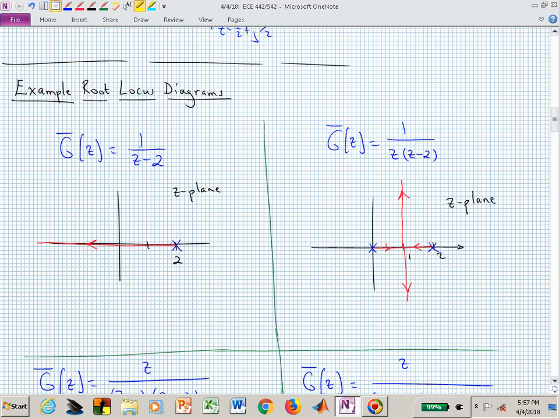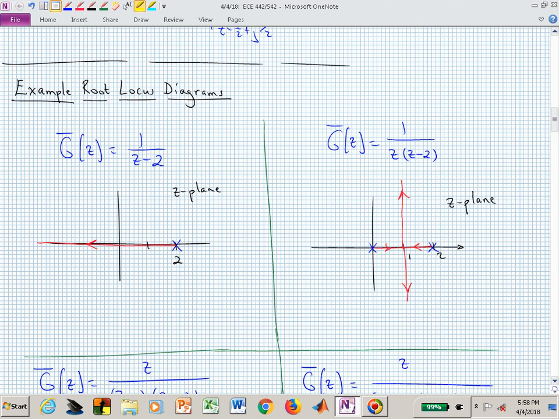And if I have 1 pole, how many branches of the root locus am I going to have? 1. I'm going to have as many branches of the root locus as I have poles. The red line is indicating the root locus. And all the points on the red line have to what? They have to satisfy those 2 conditions, a magnitude condition, which we'll worry about in a minute, but the phase is the important one for now. And what's that say? Every point on that red line has to have an angle of -180 degrees,